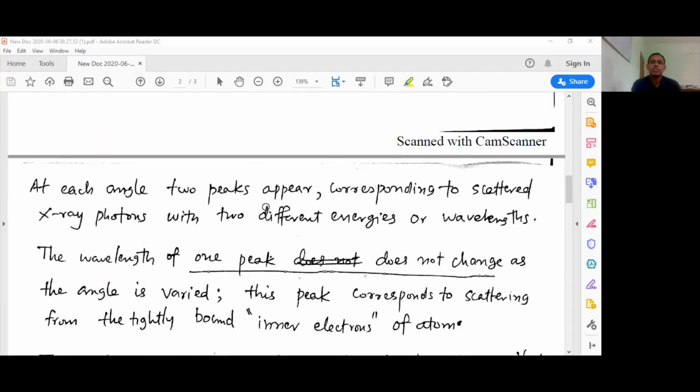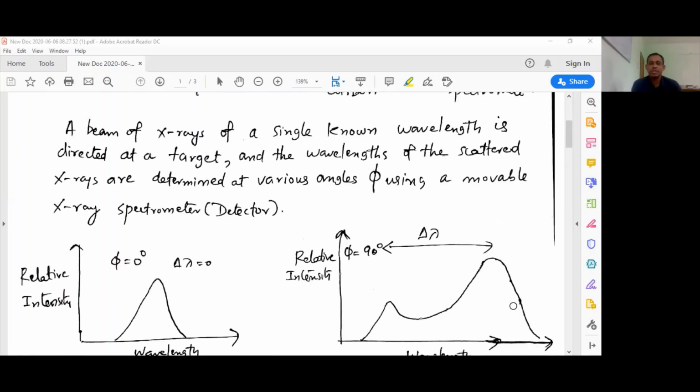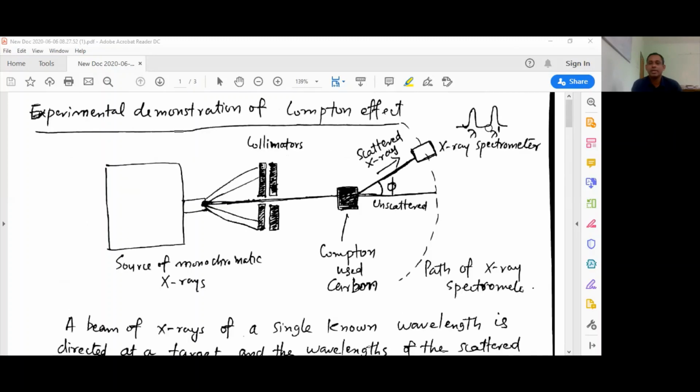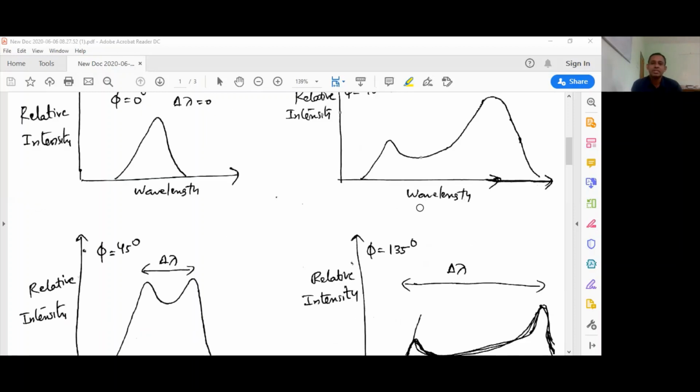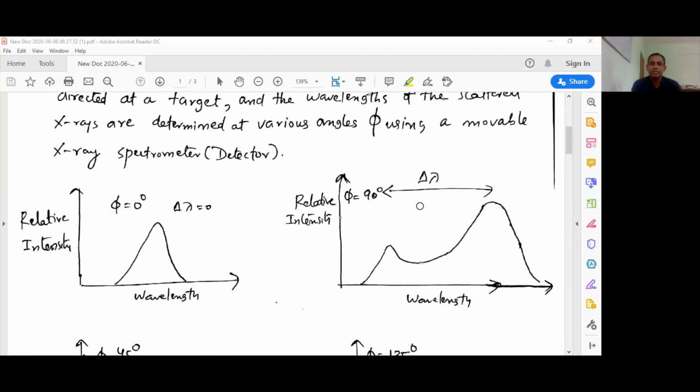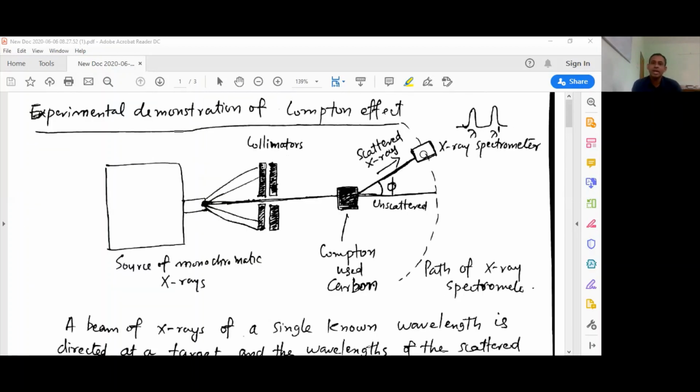Now, at each angle, actually two peaks appear. We have two peaks here for each scattering angle, and the shift is changing. Why do we have two peaks at each scattering angle? At each scattering angle, we have the incident wavelength and the scattered wavelength. So why did this happen? The reason is